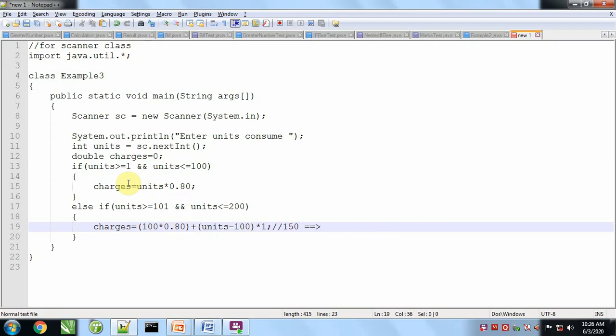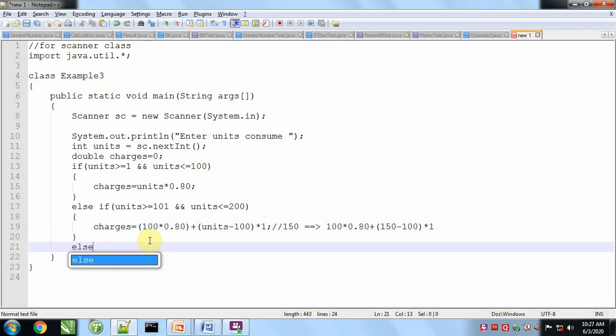In that case, according to this program, for the first 100 units the charges will be 0.80, but after 100 units, the 50 units which are left will be charged at 1 rupee. So I did the same thing here: for 100 units it will be 0.80, but after reducing 100 units the rest of the units will be charged at 1 rupee. The same situation will be in the next case where units are greater than 200.